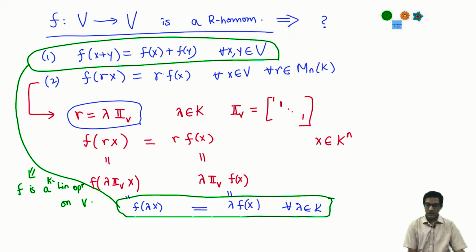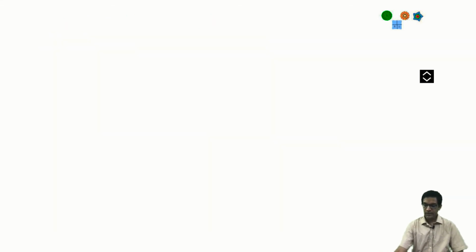I know that f of Rx is R f of x for all R's, for all matrices. Thus far, I've only used R equal to scalar matrices to make my first conclusion. So let's do it a little bit more generally. Let's use all R. But first, observe f is a linear transformation. So what does a linear transformation or linear operator mean? Note f is a linear operator